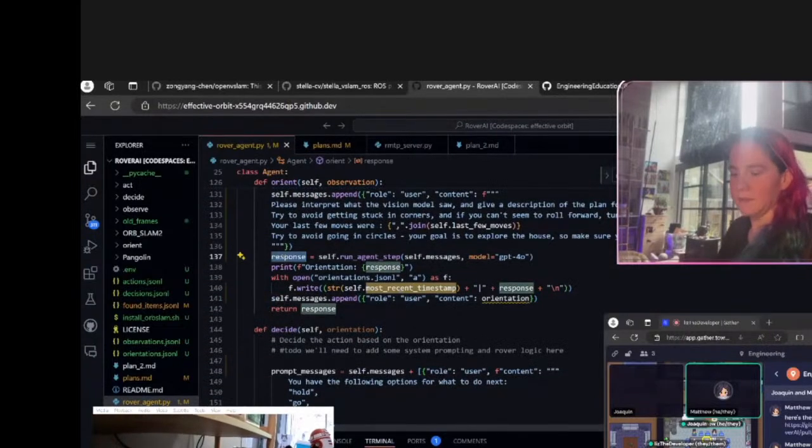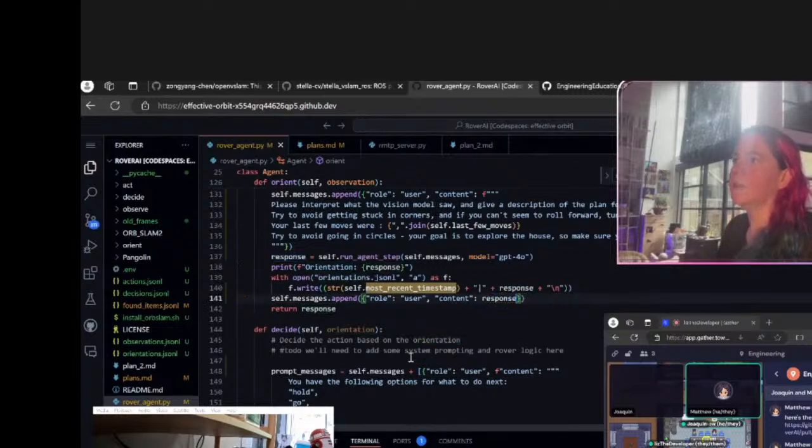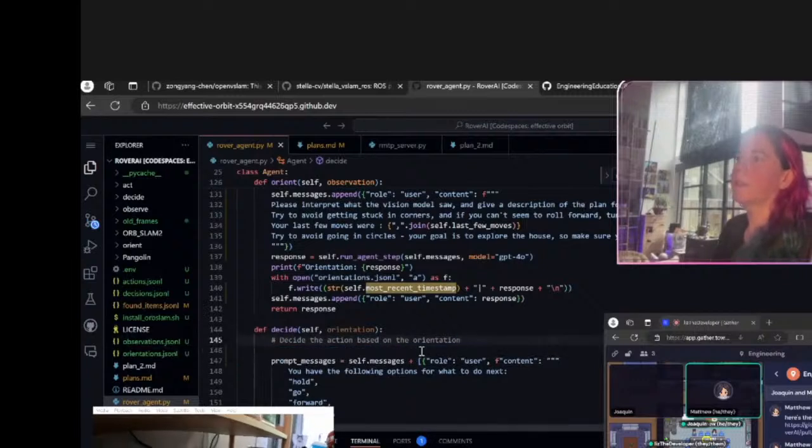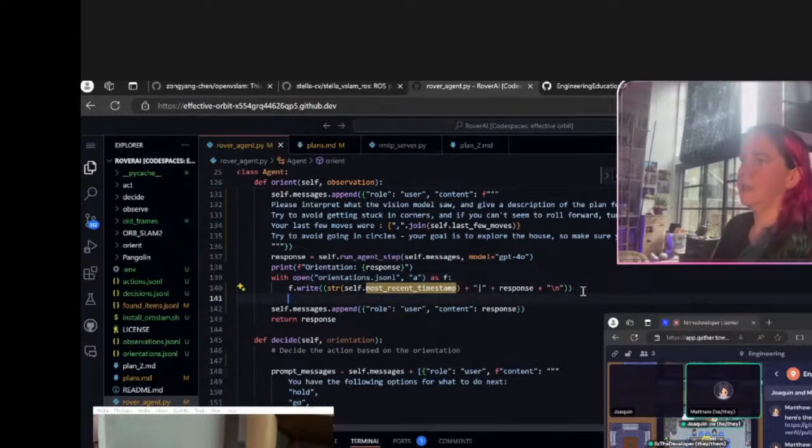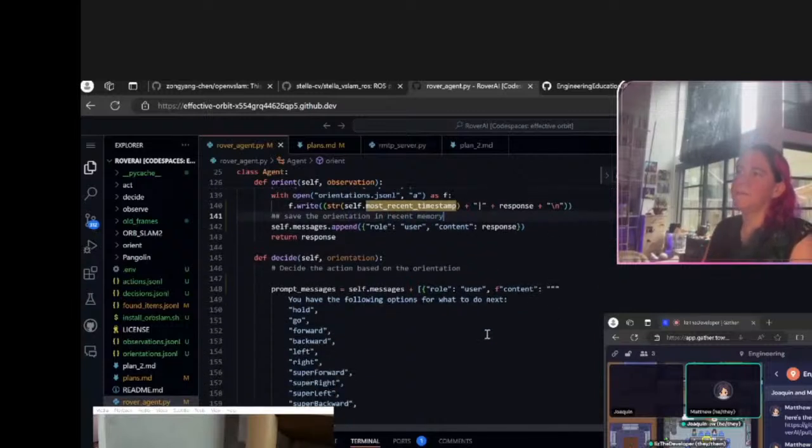So I'm just going to do this, and that's what we want. Okay, cool. Great. Save the orientation in recent memory.